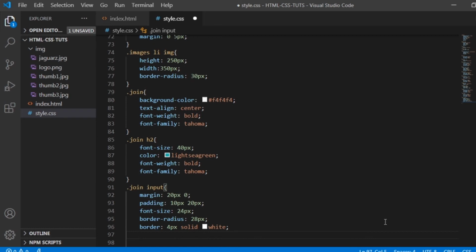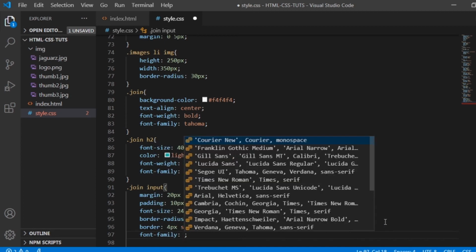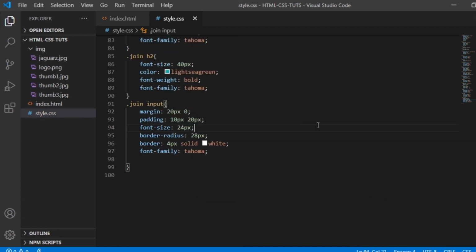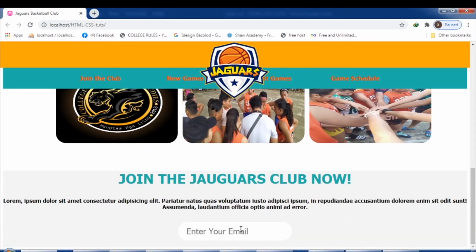And font family is Tahoma. Alright, so let's save this and preview it on the browser. And there you go, guys. This would be our input.